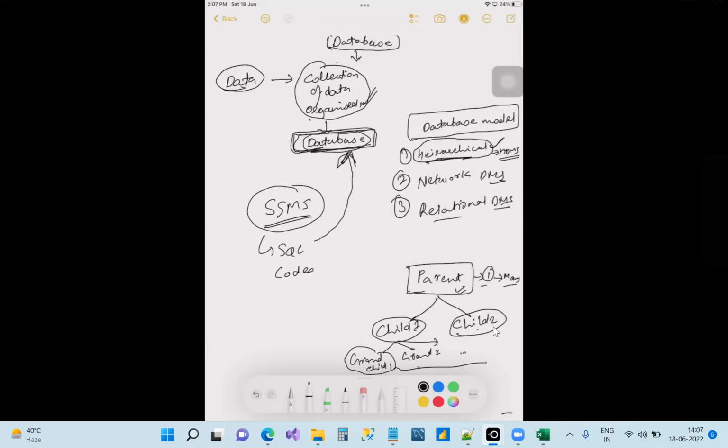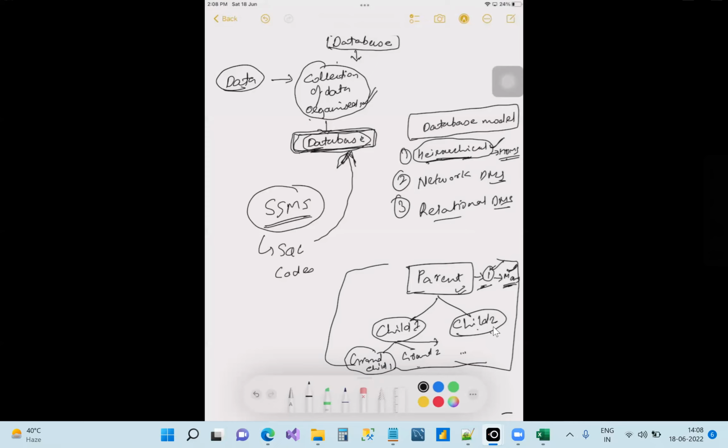All good till now? You understood what is hierarchical, right? Over here, you can see what kind of relationship is being used: from one, we are getting many. Don't worry about this relationship, one to many, many to one. In future classes, you'll be learning what they precisely mean. But for now, from one, we are getting many, isn't it? And when you keep your data in this format in a database, that is called a hierarchical database management system.